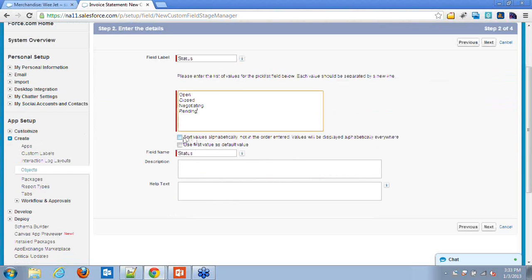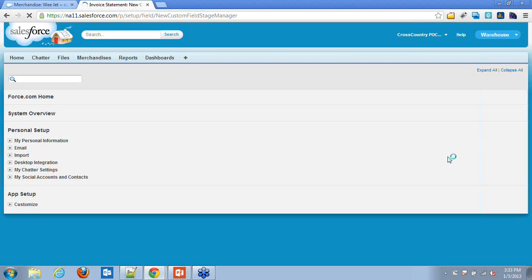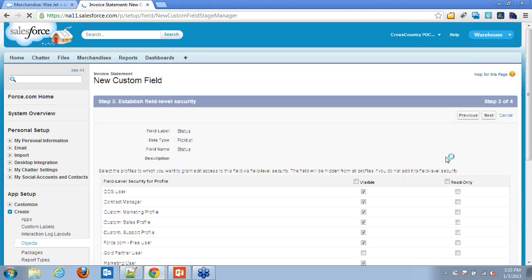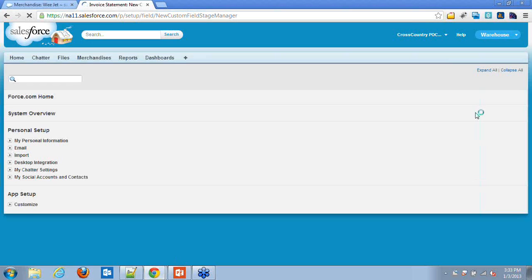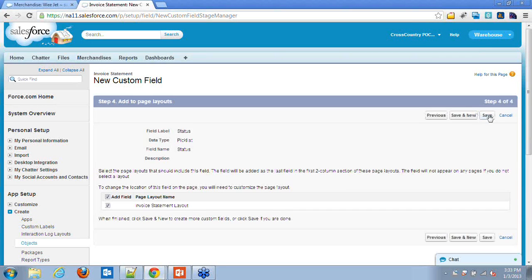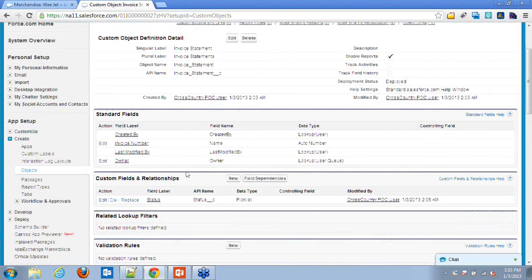You can specify whether you want to sort them, whether you want to use the first value as a default value. We'll make that read only, and save it. So you have got this status.